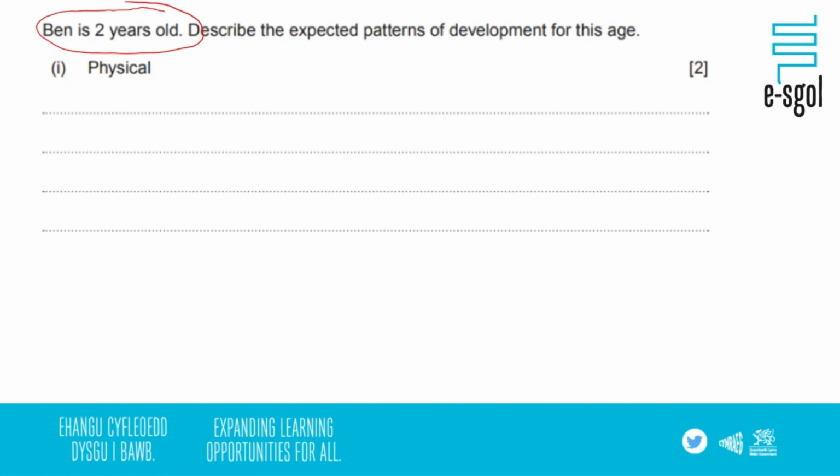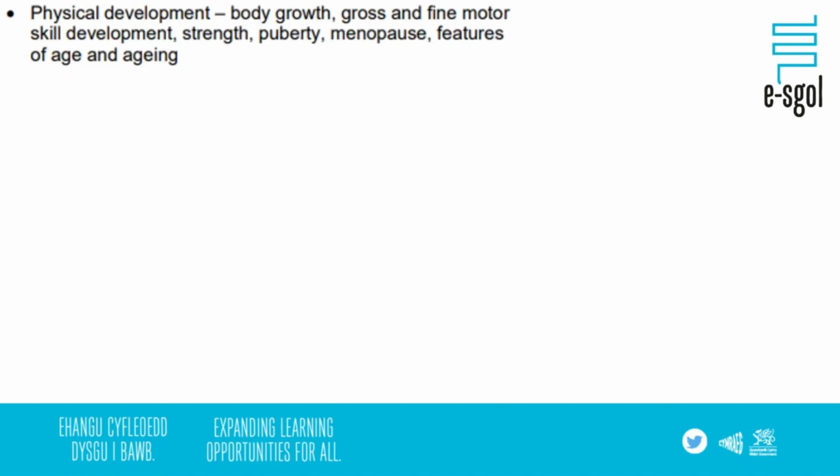They could choose a child who is 10 years of age and again ask you to describe the expected patterns of development for this age. Therefore, it's very important that you are aware of milestones, okay, for a variety of age ranges, so you have confidence in answering questions like this. Okay, so the physical development